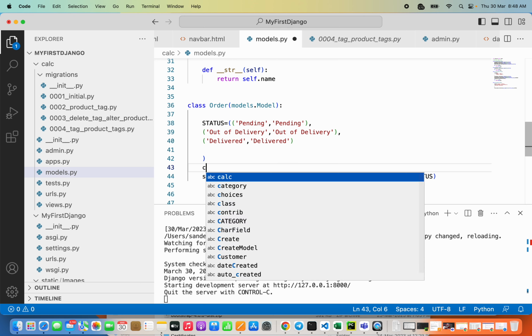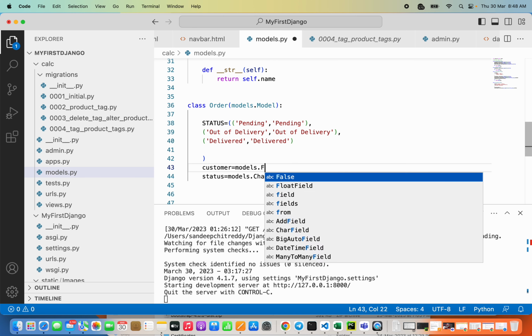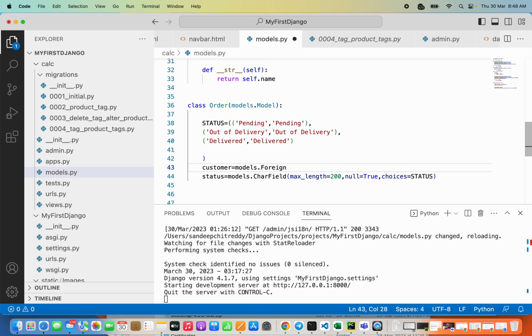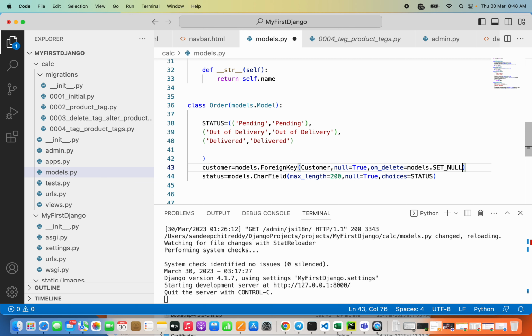So we call the customer as follows: models.ForeignKey, and we call the Customer class here, which means that we are using the customer table. Mention null as true, and also the on_delete option. There is an on_delete option when you are using the foreign key. So set that as models.SET_NULL. The same thing you should also do for the products, because an order is also related to products, not only the customer. So we have product,